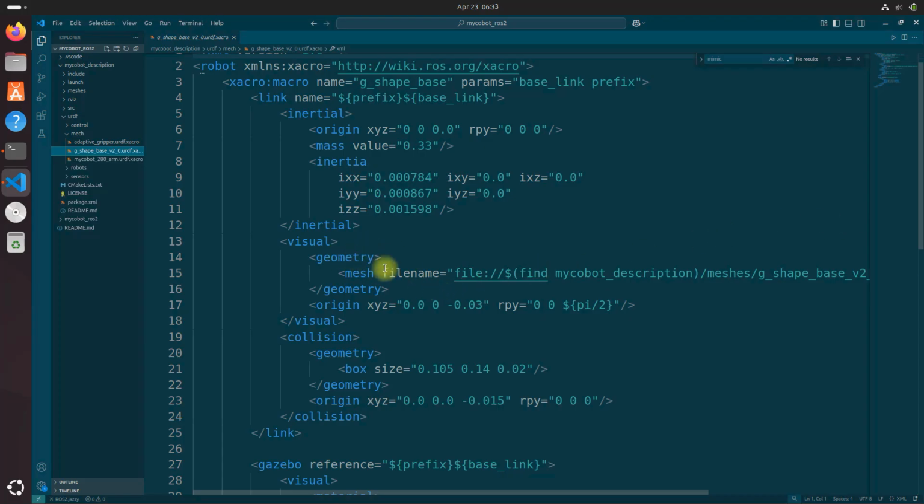And then we have a visual component right here, defining the mesh file for how the gripper base should look. We have our geometry, defining the shape of the link, and we define it here using the mesh file that we imported earlier. And then we have the origin for the visual component of this link, which defines the position and orientation of the visual representation. And I'll offset a little bit to make it look nice and pretty in visualization, like RViz